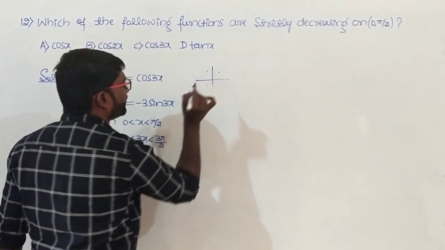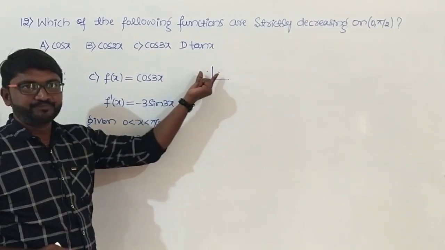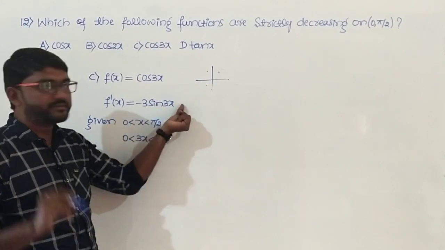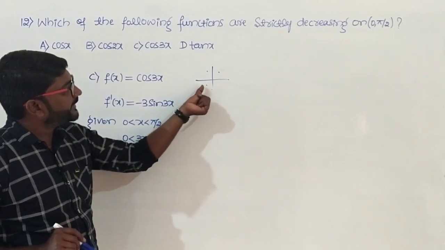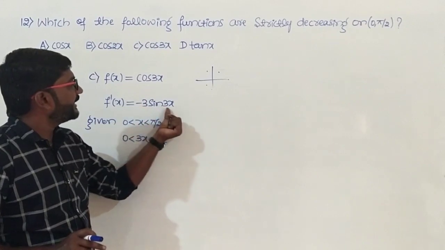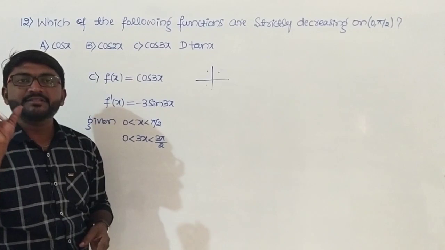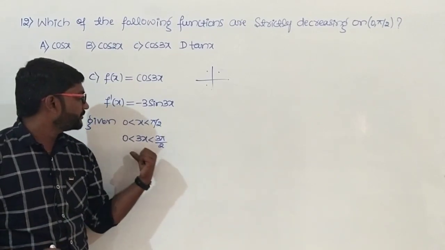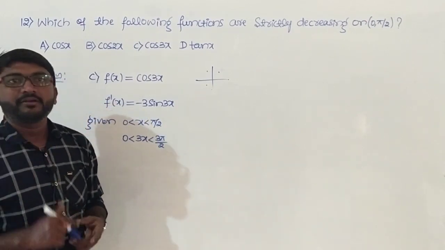So you have to consider all the three quadrants. In the first two quadrants, sine is going to be positive. Is that clear? So it is positive, which means negative into positive is always negative. So for these two, f dash of x will be less than 0. Now in the third quadrant, sine is going to be negative, so negative into negative is always positive, it is greater than 0. So in this interval, the function is increasing as well as decreasing. Overall, in the open interval 0, 3 pi by 2, the function is neither increasing nor decreasing.